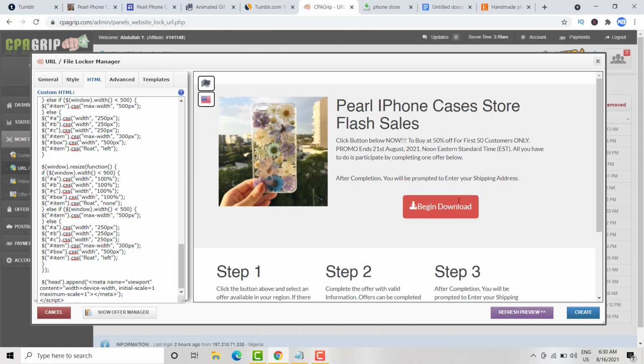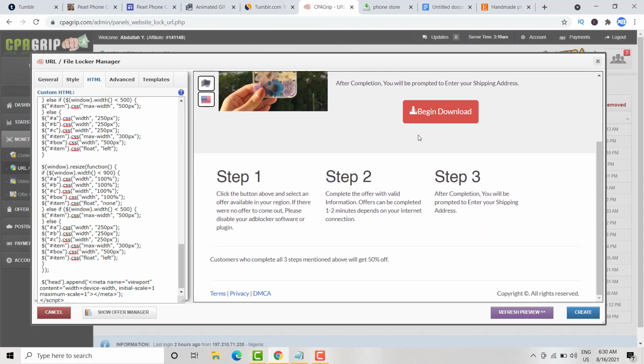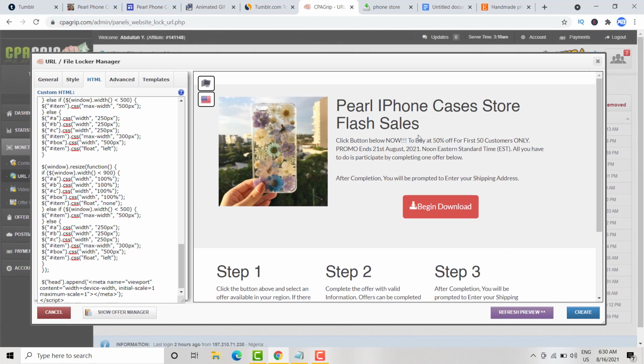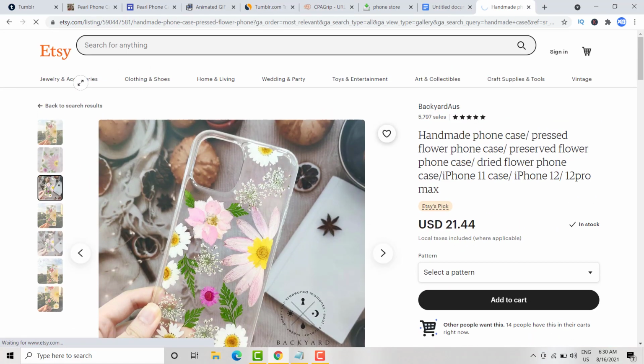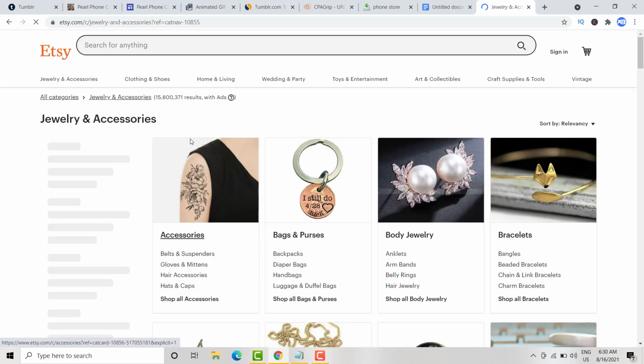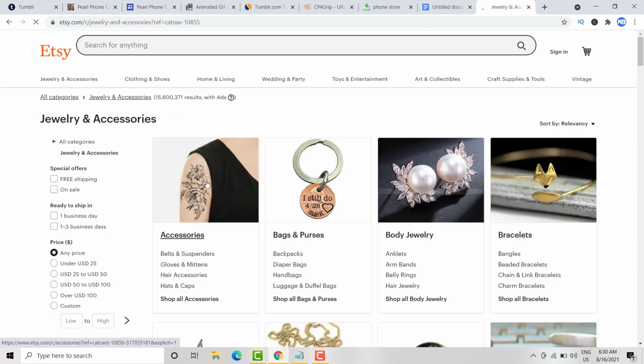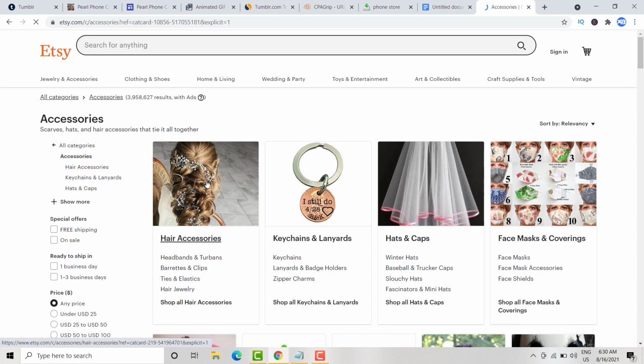As you can see, it shows the exact same thing, right? So basically that's all you need to do, right? So the next thing, how to change this image in case you are going with a different product. Maybe let's say you want to go with jewelry, whatever it is, right? If you are going with this product,